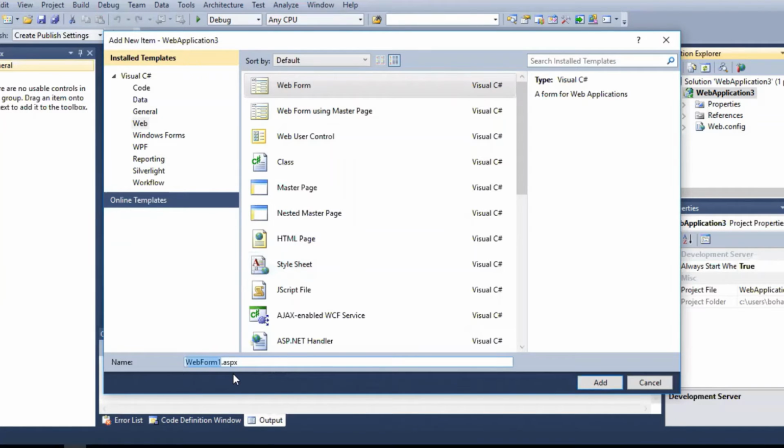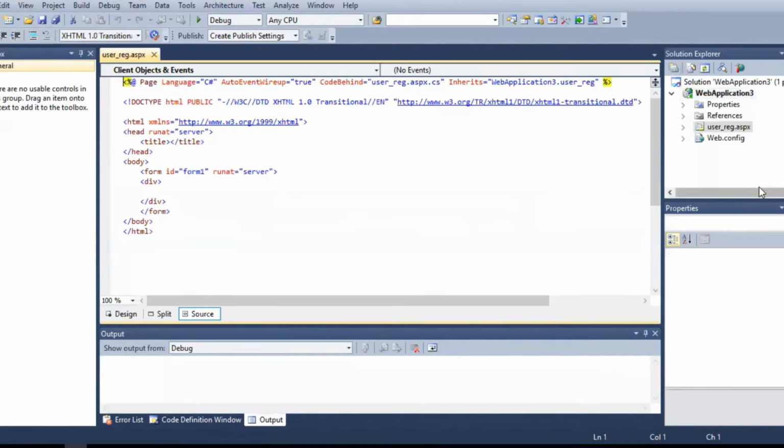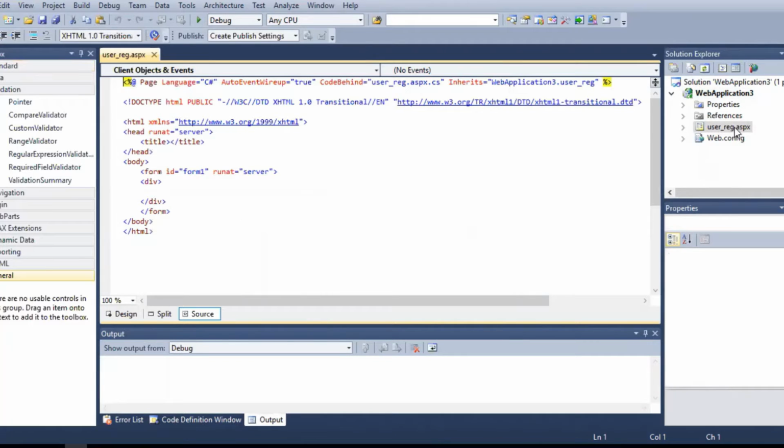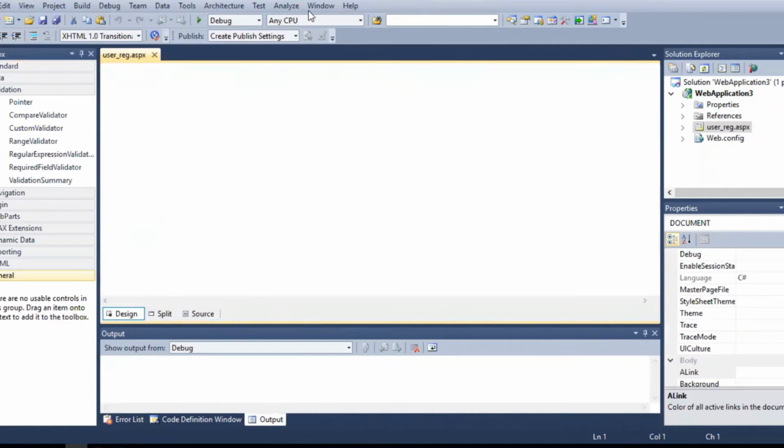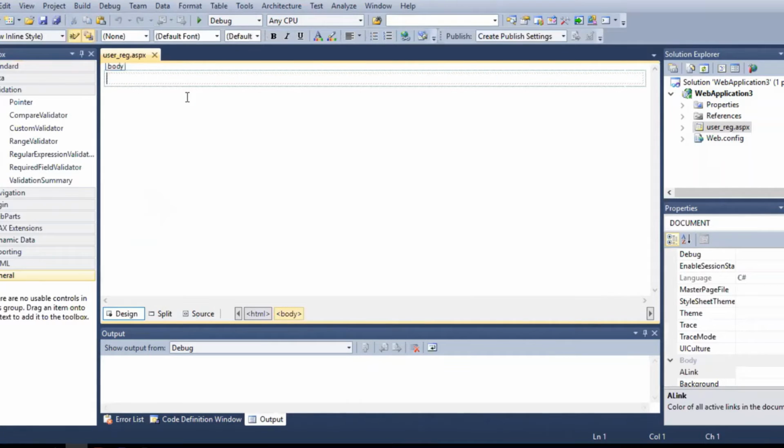For example, user registration form, then click Add. Now this web form will be added to your project. This is the source part, this is the design part. Is it okay?